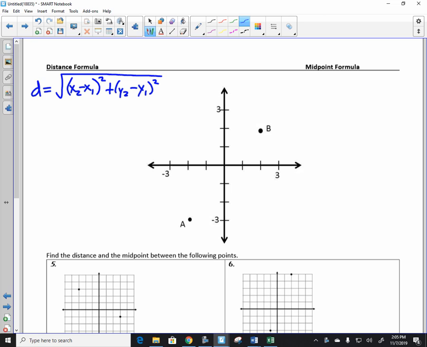First, we're going to find the distance between point A and point B. First, I have to identify the coordinates. What's the coordinate of A? -2, -3. And what is the coordinate of B? 2, 2. So when I go ahead and I use the distance formula,